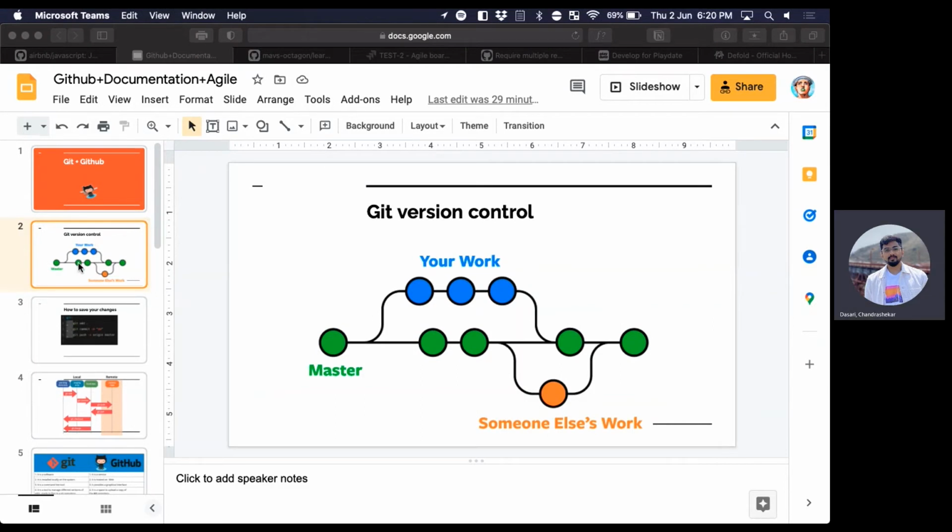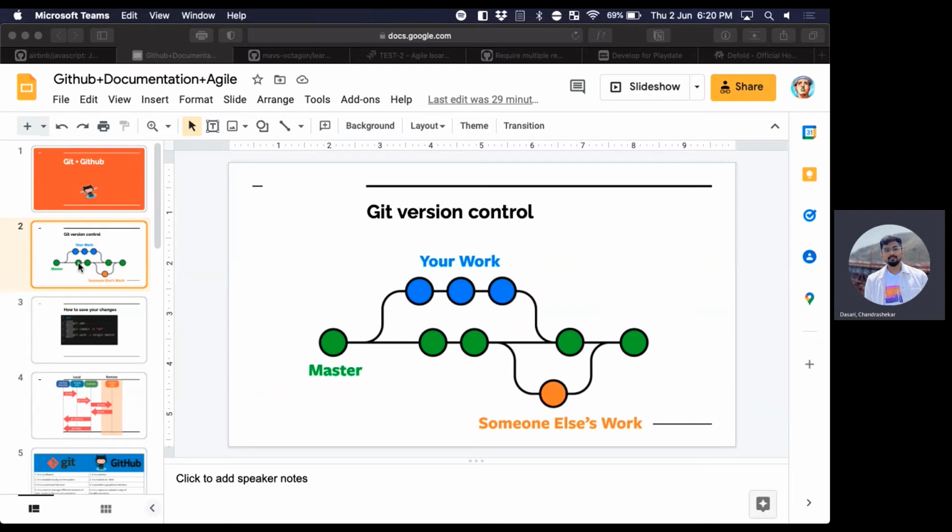Git, right? So on the same project or the same code base, you have multiple people working on it. One person's working on feature number one, another person working on feature number two. So how do all of you collaborate with each other so you have an end result, like a final product? For that, we use something known as Git. It's a version controlling tool.